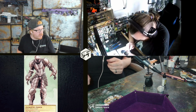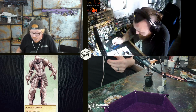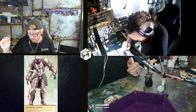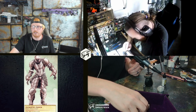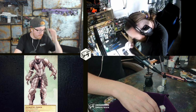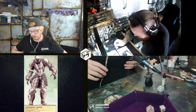So the first attack it's going to do is just trying to lash out at you to try and knock you prone. It's just trying to grab at your legs. It's doing anything it can to hit you. This will be at disadvantage because it's prone and you are not. First roll is a 13. Next roll is a 6 plus 4 for a 10. That misses. So it goes to miss you there,